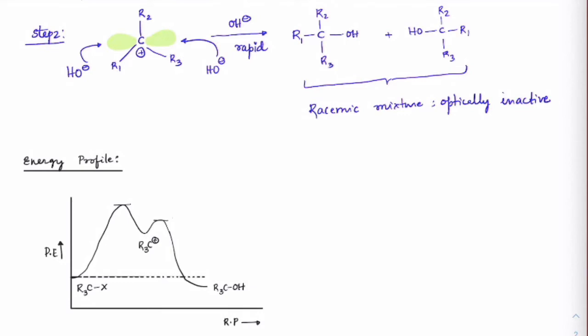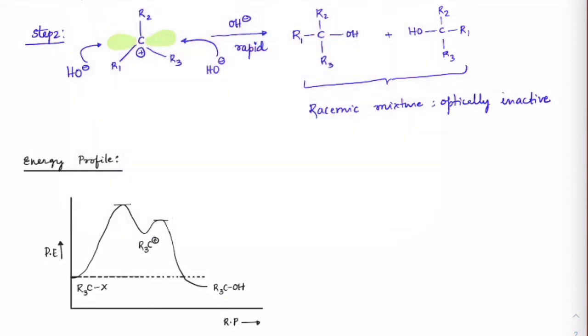Now, let us compare the energy profile. Just like in SN2, here we compare the energy profile, potential energy versus the reaction progress, to see how the reaction is progressing. We had a tertiary alkyl halide, which in the first step is converting into a carbocation. From the carbocation it becomes a product, and the product formation has to have a stronger bond, hence you would see the overall reaction is exothermic.